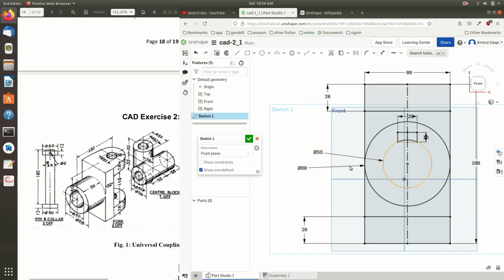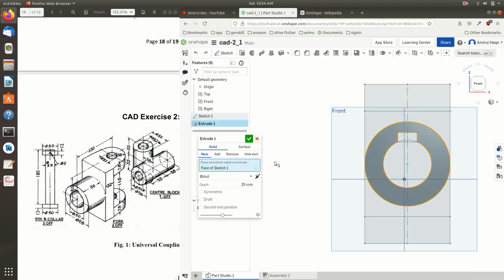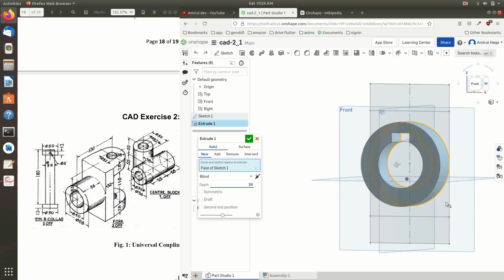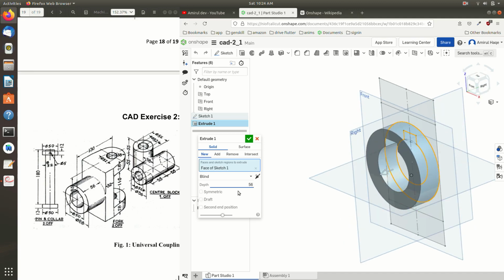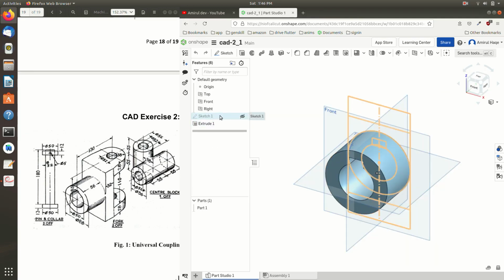And now we have to extrude. There is a portion, this hollow cylinder, that has to be extruded backwards by 56, right? So select that part, like it is without the channel, so it's correct. And now select and give extrusion, that's 56, and just see in which direction. Yeah, so it's correct, 56. Yeah, let us take the sketch one,